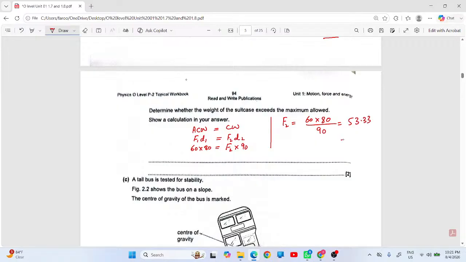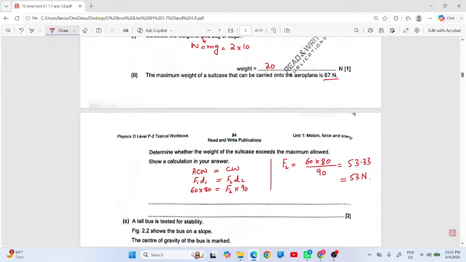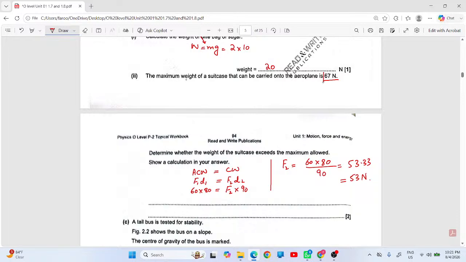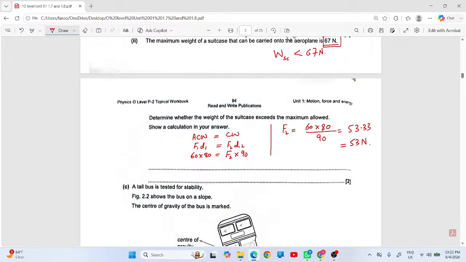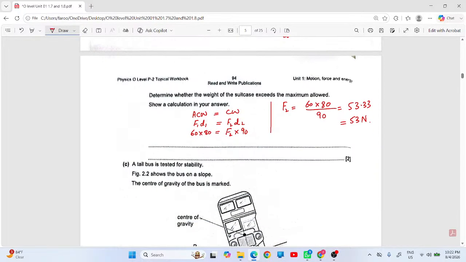53.33. So I just write 53 Newton. और उन्होंने लिमिट कितनी दी हुई थी, 67। सो इसका मतलब है weight of the suitcase is less than 67 न्यूटन। सो इसमें हम लिख सकते हैं कि the weight of the suitcase is